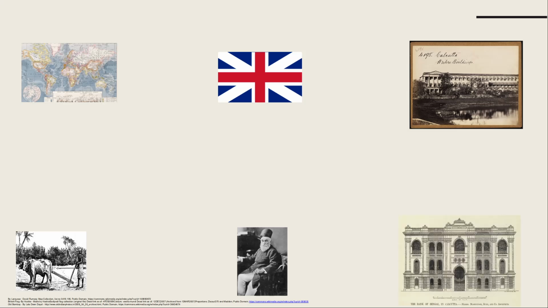And then you have got an exchange bank in India. This is the Bank of Bengal in Calcutta. I believe this was an exchange bank as well, but you had them in Mumbai and other major metropolitan cities. Now, we have got a total of six key characters. So let's understand how this process worked.